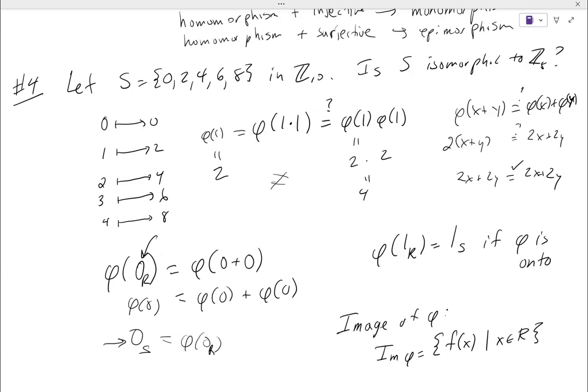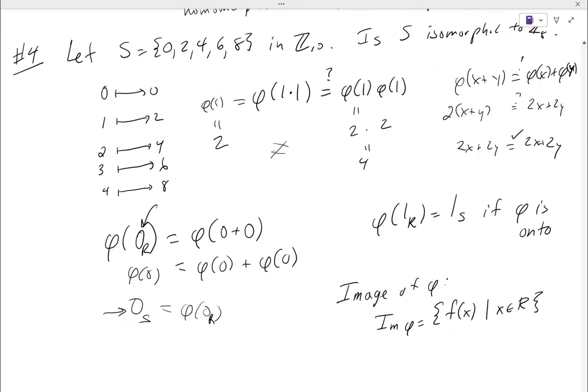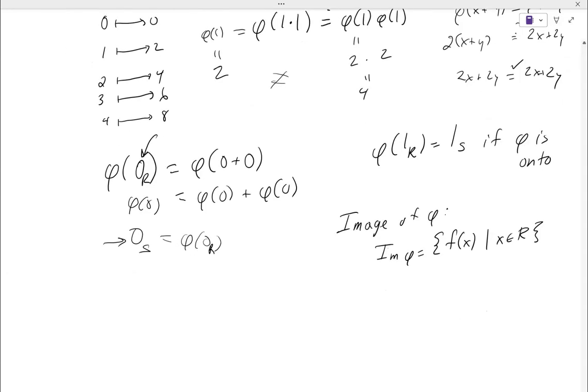All right. So it turns out that phi of 1, no matter what it is, whether it's onto or not, phi of 1 has to be the identity in the image. It just doesn't have to be the identity of the codomain. If you're not onto, you might have a smaller image than you had for the whole ring. Phi of 1 still has to be the identity for the image. Okay. So what I mean by that is,